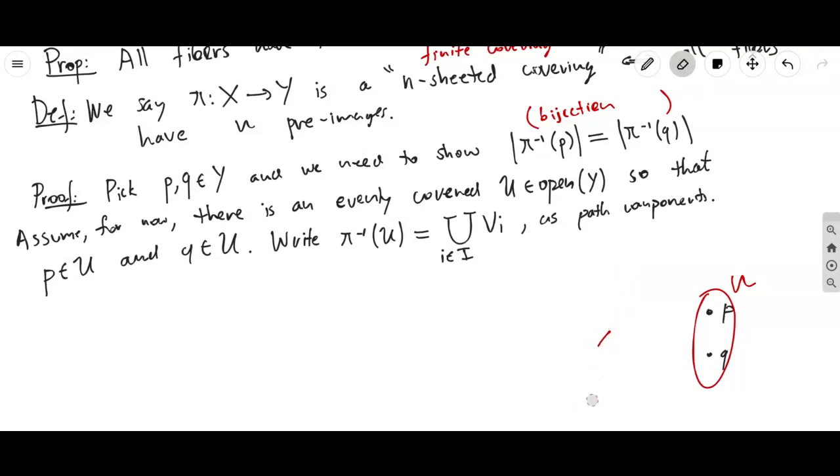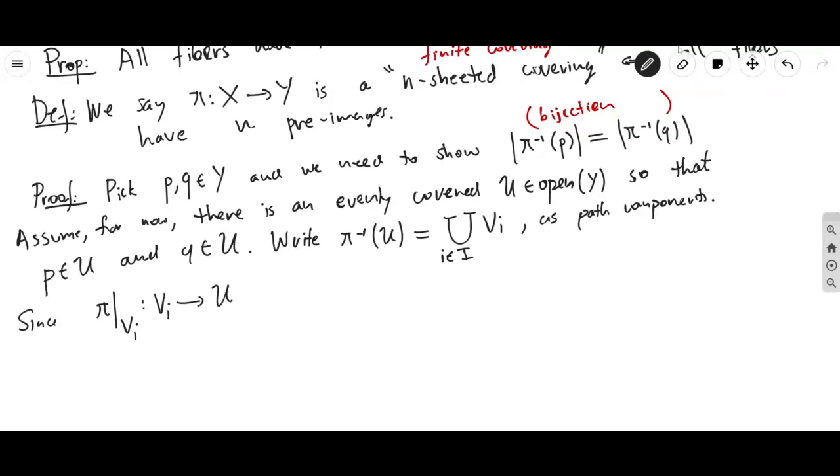And then since pi is a bijection, if you take pi and you restrict it from V_i to U, so of course, the pi in the beginning is the global map on all of X, but when you restrict pi to one of these path components, you have a homeomorphism. So since this is a homeomorphism,